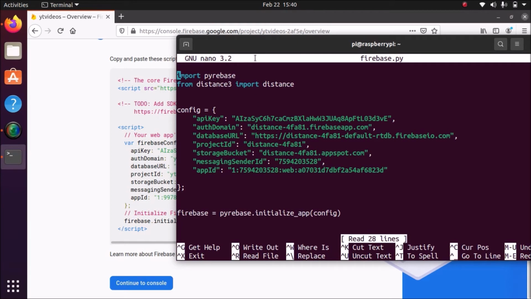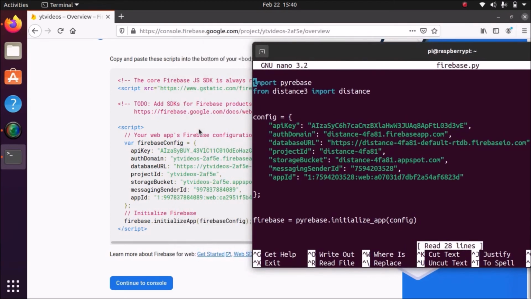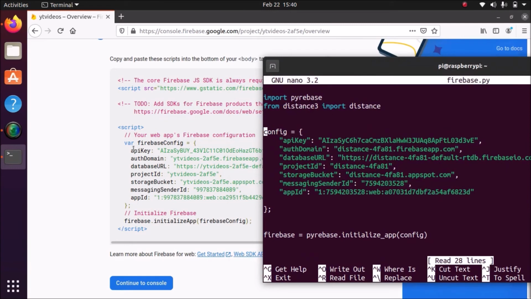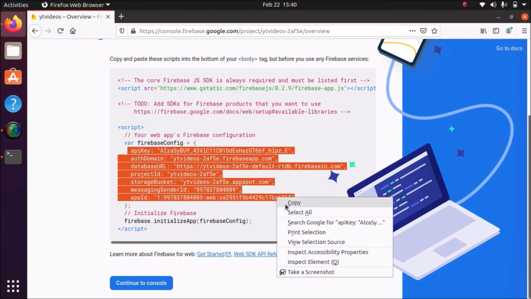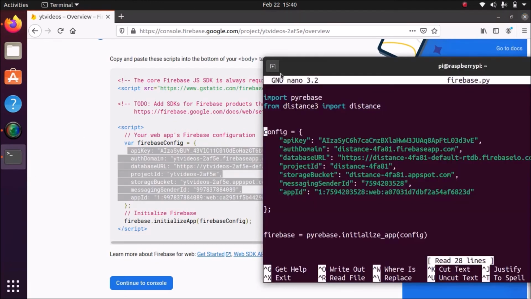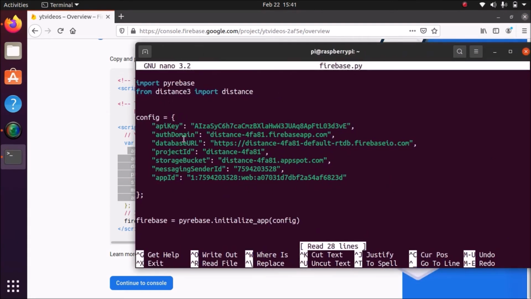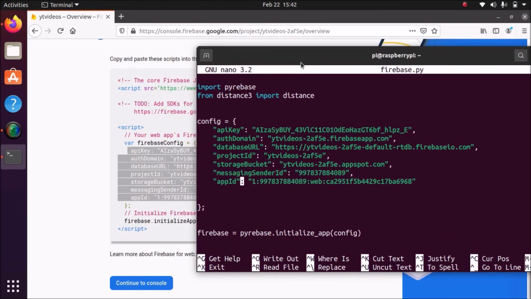Okay, then as you can see, as I told you, this is our information. So here you have to mention config equal to curly braces, then all the information you have to just copy and paste in this way, which I have copied. Okay, so just copy from here, just like this, then open the terminal, open your script and paste in config. So friends, I have mentioned our new app's config information.